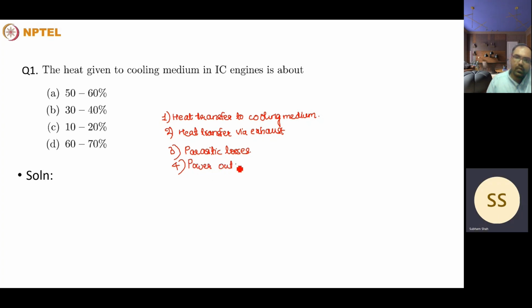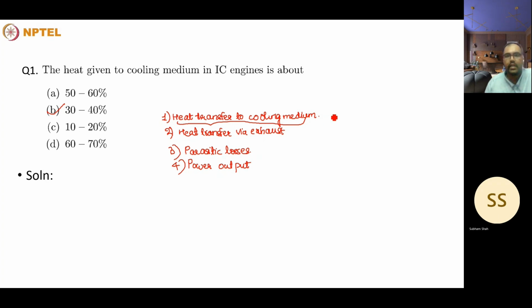It should be B, I guess, sir. Yes, yes, right. So the answer will be the heat given to the cooling medium in IC engines is this one. So it will be the heat taken by the cooling water jacket or the lubricants. So that will be around 30 to 40 percentage. And the heat transfer via exhaust will be the amount of enthalpy taken away by the exhaust gases, and the parasitic losses will be the amount of energy required to operate